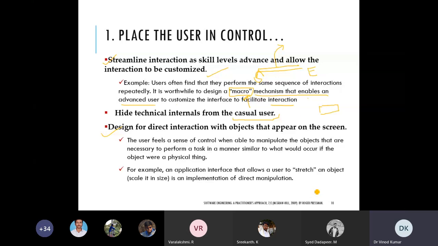You can see in MS Word we have the shape options. In that we have different types of shapes, like the square and the rectangle. We have free hand; we can stretch, zoom, rotate, perform different operations like a real world object we have in our hand. This type of facility must be there so that we can do direct manipulation, direct interaction with the objects.